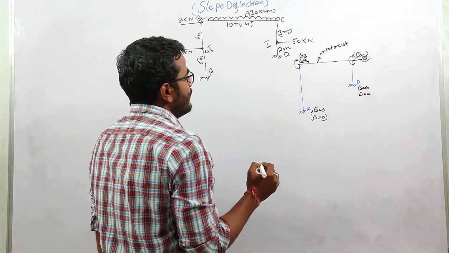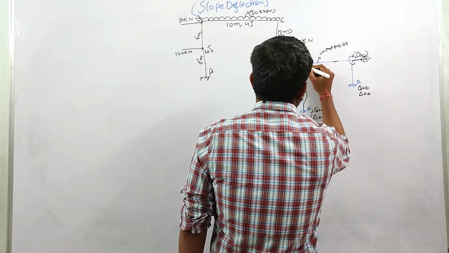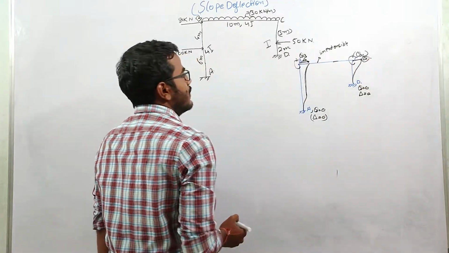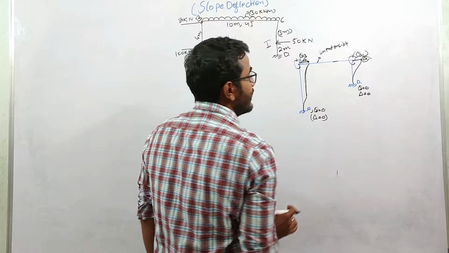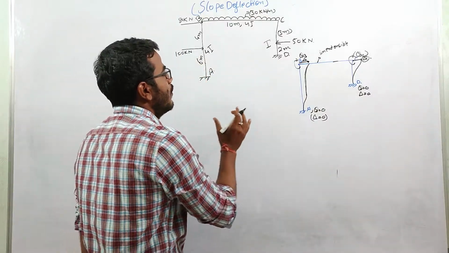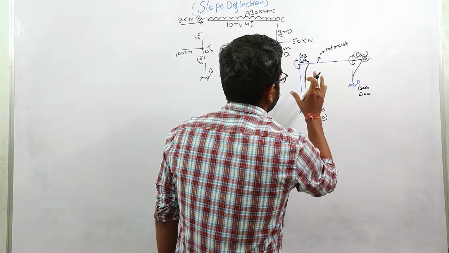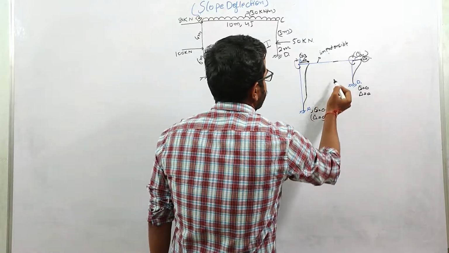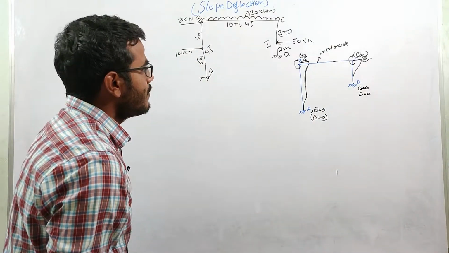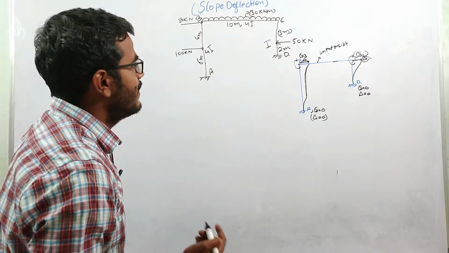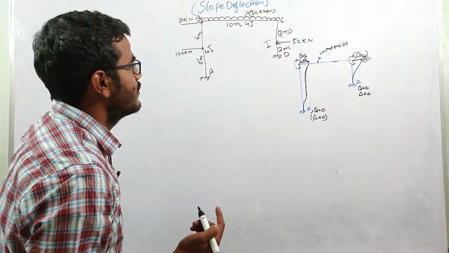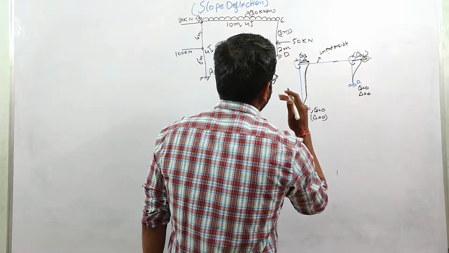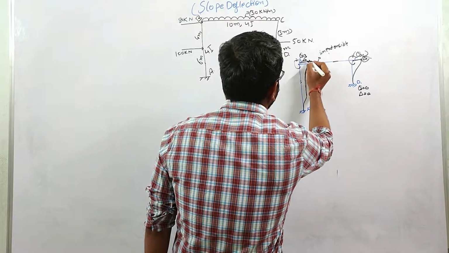What I mean to say is that this frame can sway, and that is why this delta displacement comes. Due to the horizontal load, and because this structure is not symmetrical about this axis, it can sway. Due to this sway, there will be some internal reactions generated in this frame structure, so we need to take care of the sway while designing the members.